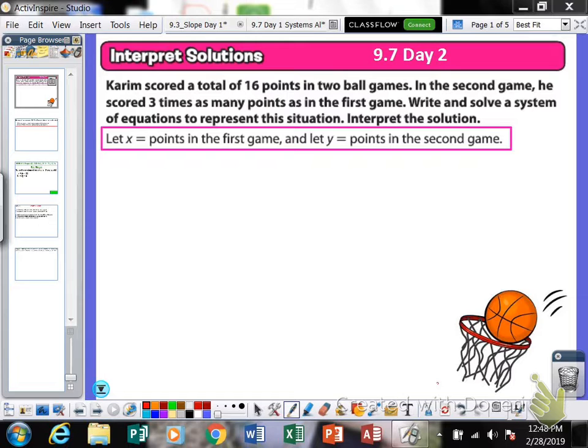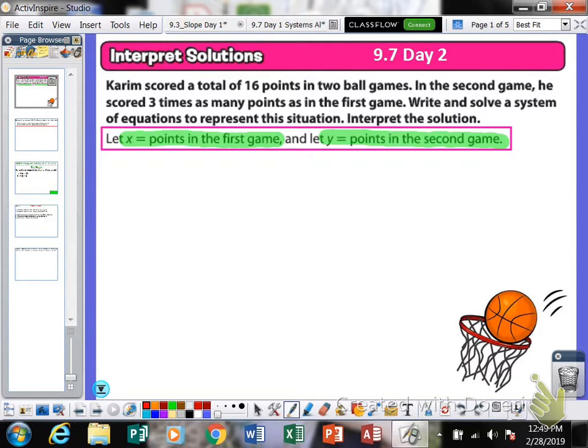Pay attention to this point down here. It says we're going to let x be the number of points in the first game, and we're going to let y equal the number of points in the second game. We are going to be using x and y as our variables here in our system of equations. So it tells us that